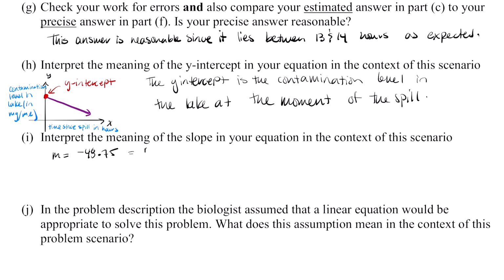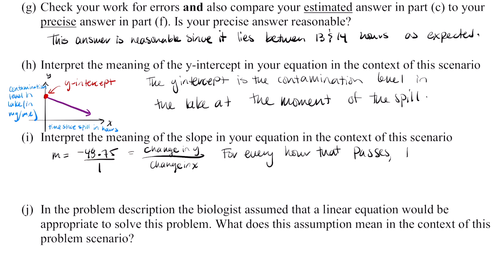And remember, this is the change in y over the change in x. So if I go ahead and make this a fraction over 1, it becomes clear that the contamination in the lake is changing by this amount each hour. So let's go ahead and change that into a sentence. So for every hour that passes, the contamination in the lake decreases by 48.75